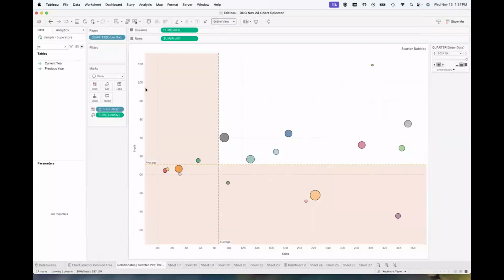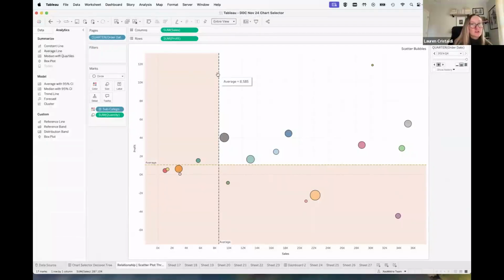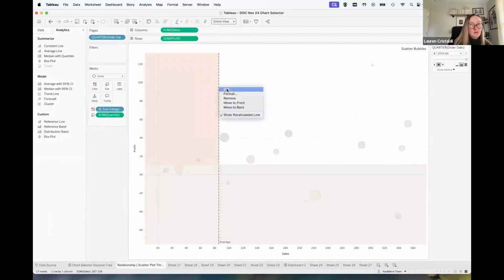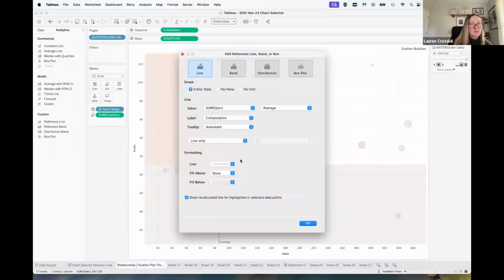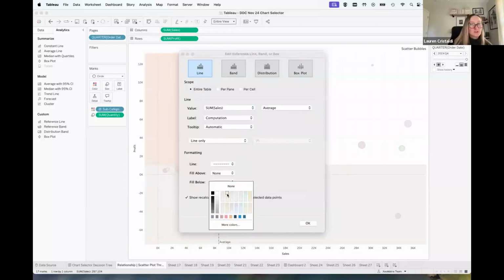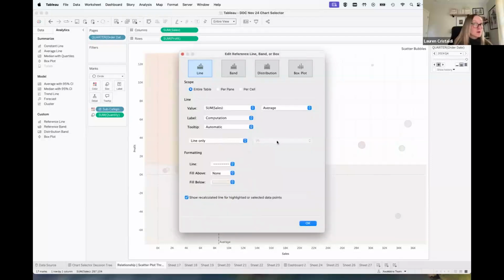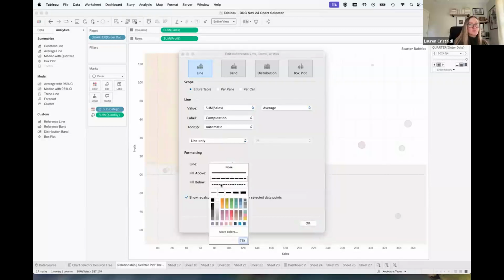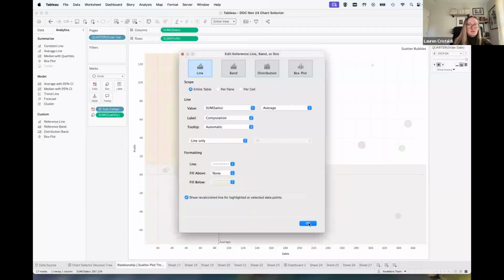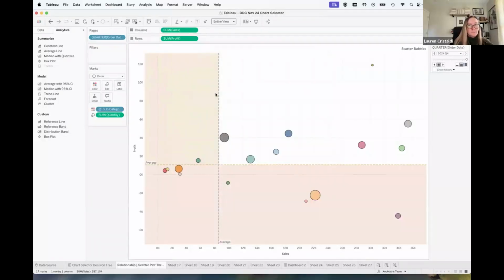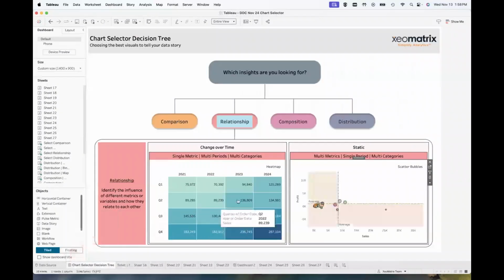Oh, yeah. So in that space right there, from here, you add in that average line from analytics. Then if you right click after it comes out and do edit, you can also do this from format. But if you do edit, you go to fill below, and that's where you can change that color. Or you can do fill above, and it would also change. You can also change the weight of your lines, the frequency of the dashes, or if it's solid. Very cool.